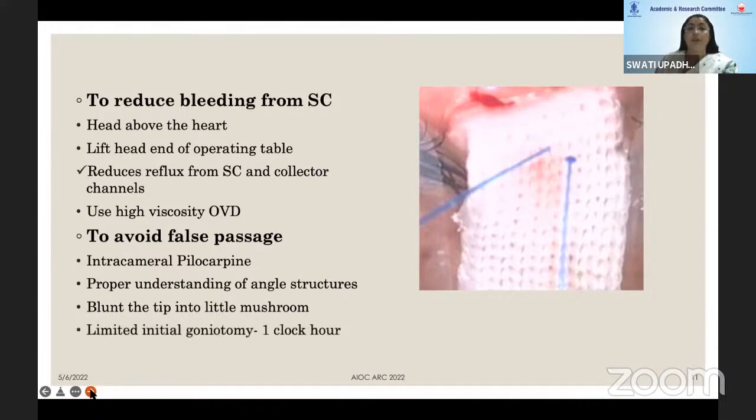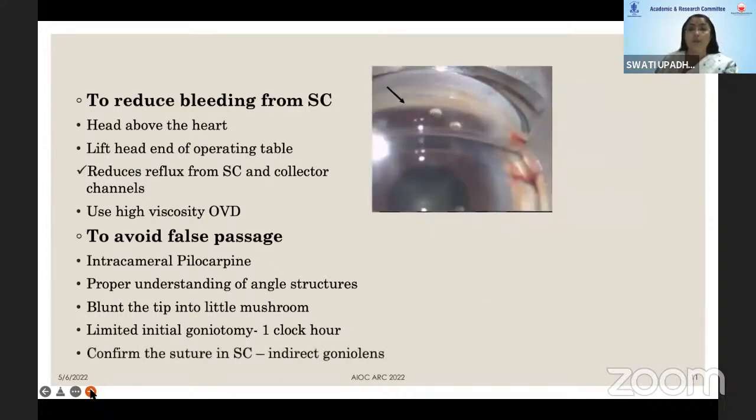The limited initial goniotomy should be just 1 clock hour, so that you don't open all the visible nasal angle. Then when you do a limited goniotomy, you will see the suture being fed into the Schlemm's canal and you can see it through the trabecular meshwork. Then confirm the suture in the Schlemm's canal: when you feel that you have done 90 degrees of GATT, or you have proceeded 90 degrees,